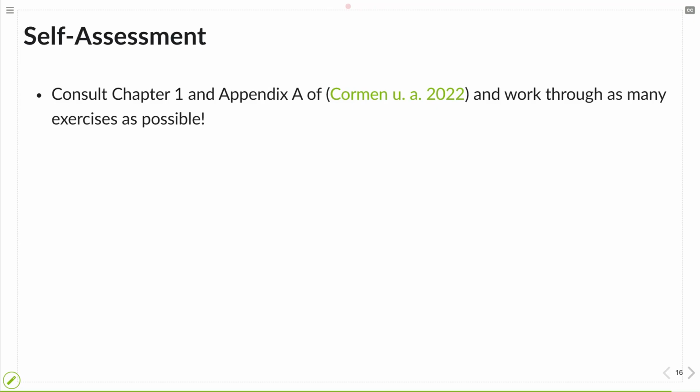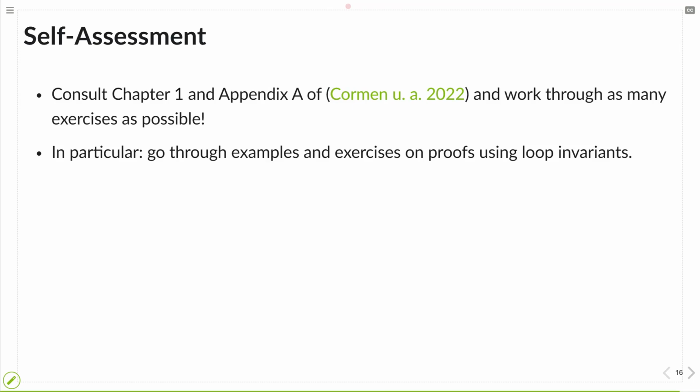If you want to know more, have a look into the book. We're using Introduction to Algorithms. You'll find more details about all of this there. In particular, try to prove loop invariants, go through the examples there, see whether you understand them, see whether you could do them yourself. If we talk about algorithms, simple algorithms at least, it's always good to also just implement them yourself.